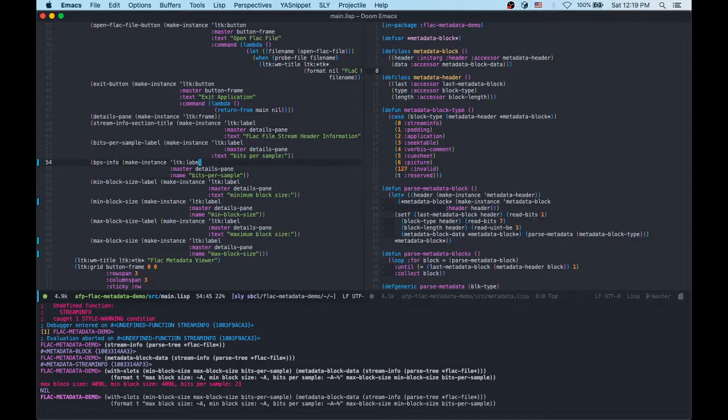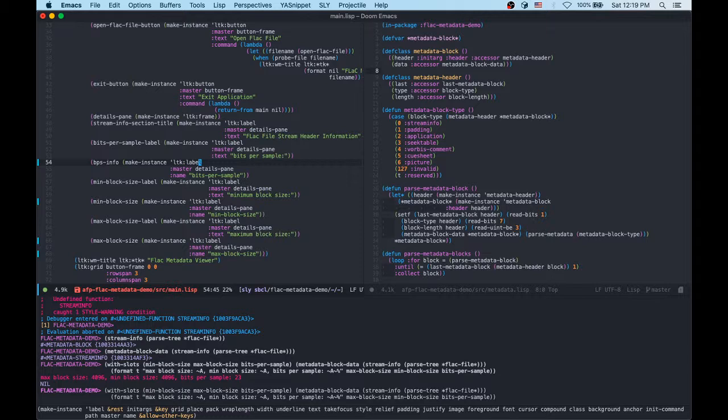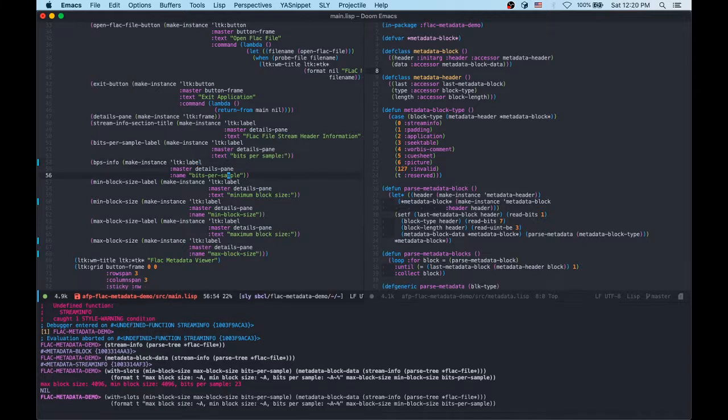You may have noticed that sometimes I define the text for a given label here, but in our case, for the bits per sample information, the minimum block sizes, labelings, and the maximum, which will display the actual data that we just retrieved from the object, those have not actually been defined here. And the reason for that is because